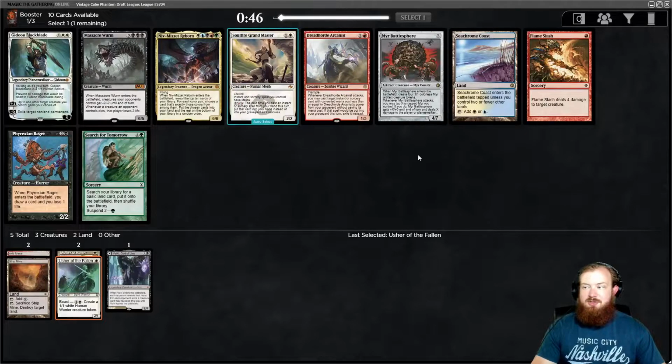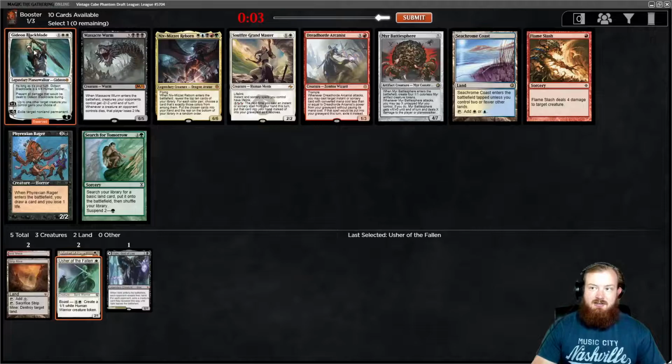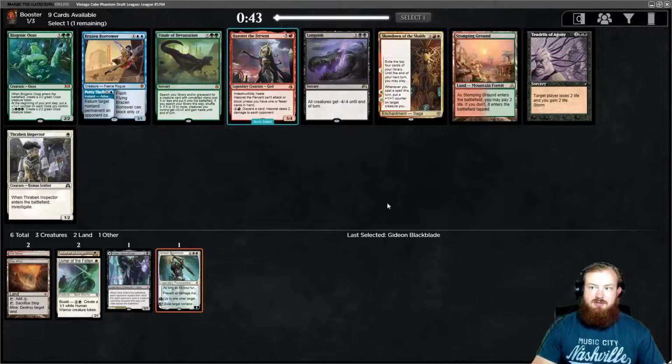It might be a little premature to do that, but okay, we can take Gideon, Blackblade, Soulfire Grandmaster, Flame Slash is excellent removal. I can take Flame Slash and try and wheel Arcanist, or I can take Gideon and just have a good, basically 3-mana dude. There's also a Phyrexian Rager in this pack if we want to go black-white. Let me think. Red-white is more aggressive and possibly stronger. Black-white is more consistent and more interactive. I'm going to take Gideon, I think. I'm not a huge fan of Gideon, but...